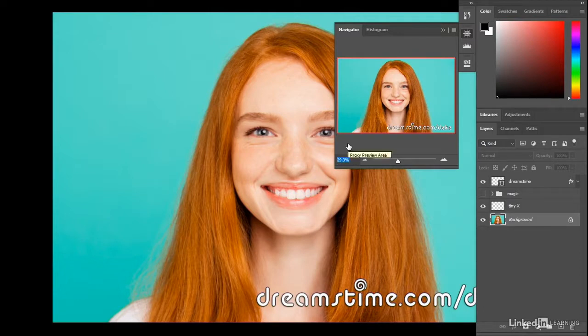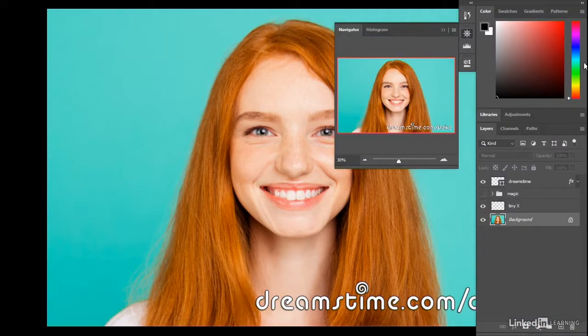For example, let's try something like 30%, which isn't all that different from the way it is now. But this is the tricky part. You got to keep your cursor inside the panel. If you move your cursor slightly outside the panel, all those panels are going to disappear. And so I'll go ahead and hover over the right side of the screen again,